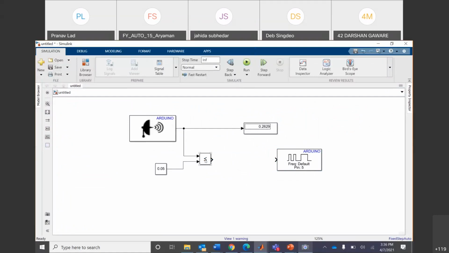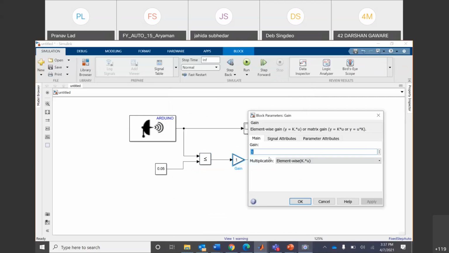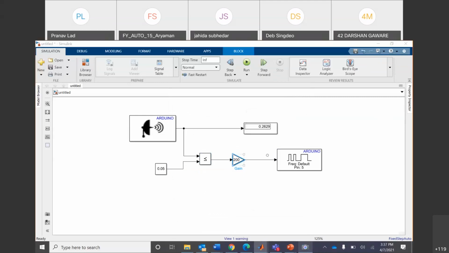Just note that this relational operator is a Boolean operator, so it will just give you output as 0 and 1. So we need to have some scaling factor here. So I'm using this gain block over here, right? And this gain value, I'm setting it as, say, 200. What that means is if this value is less than 0.05, we will get a signal whose value is 1 here.